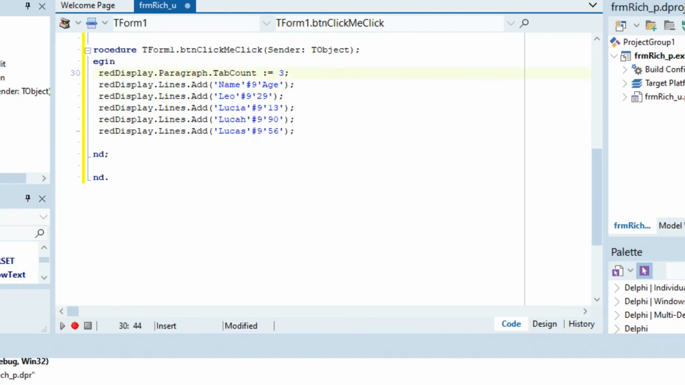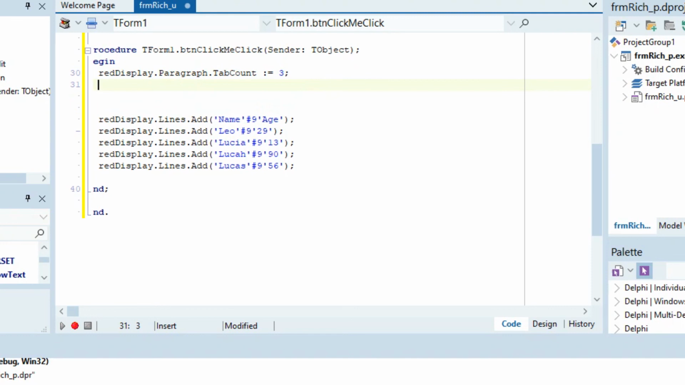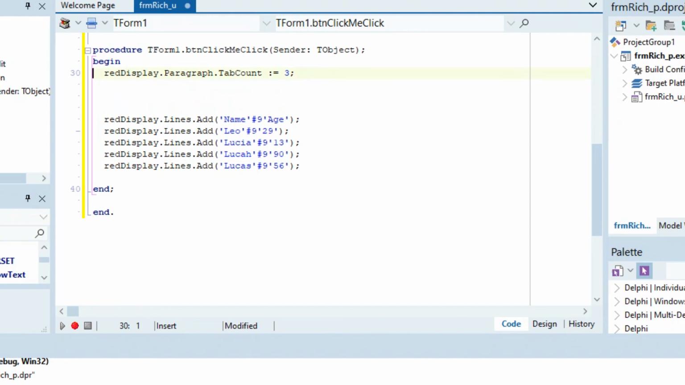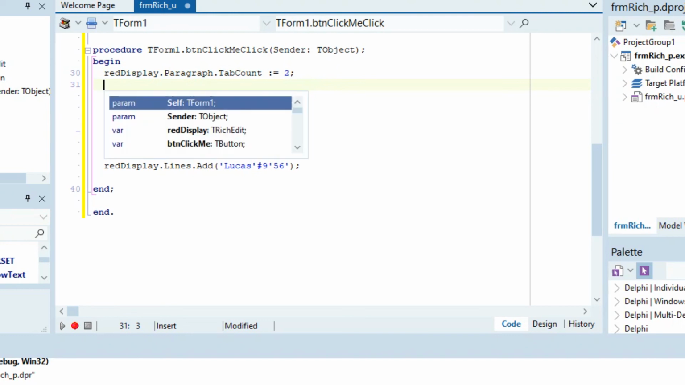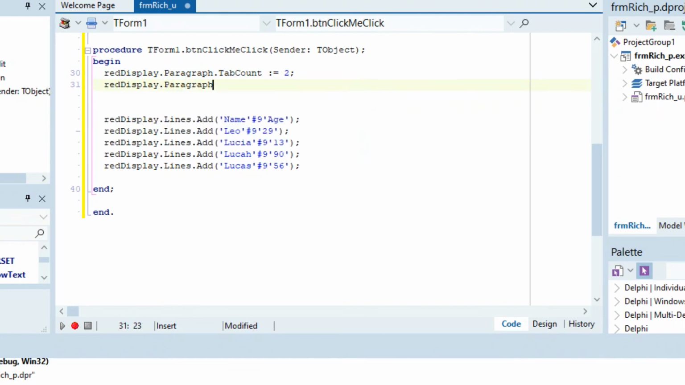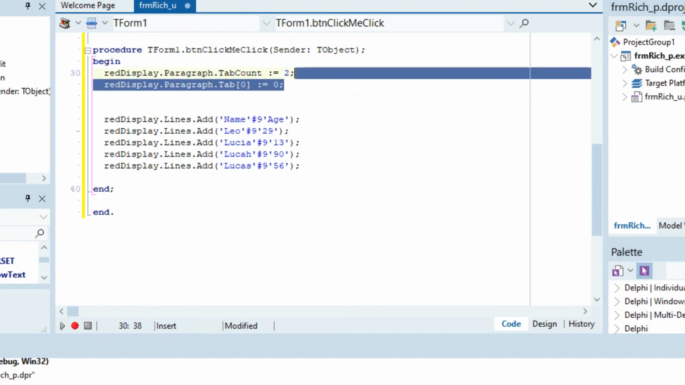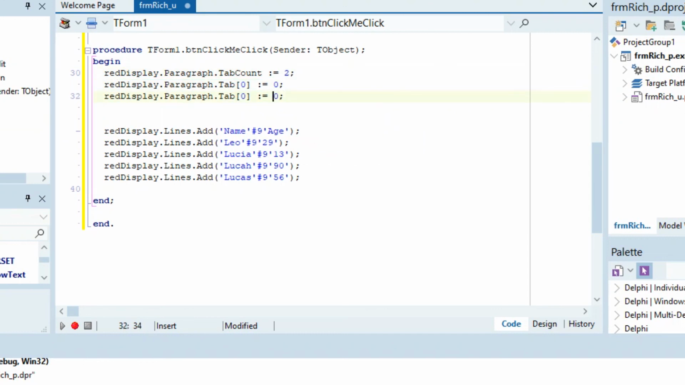And then before we do that, what we do have to do is say where the tabbing happens and stuff like that. Now with this, you can mostly play around with it because it's quite difficult to understand. But it just basically sets the position of the tab. So you can go like RichEdit display dot paragraph dot tab, and then at index 0, because that's where it starts, you can do something like 0, and then we can go